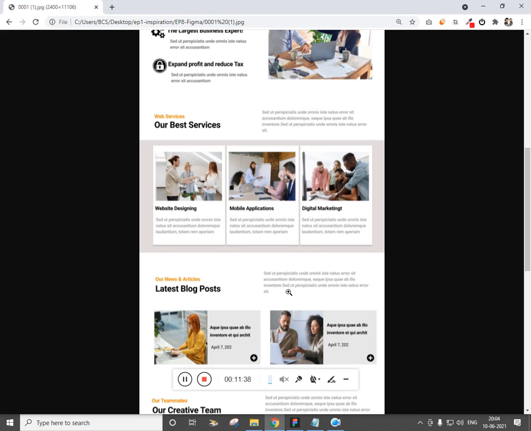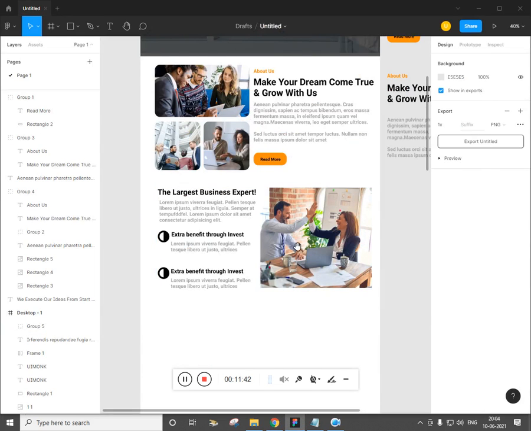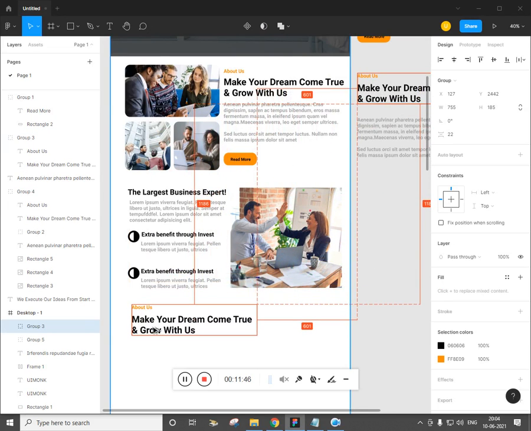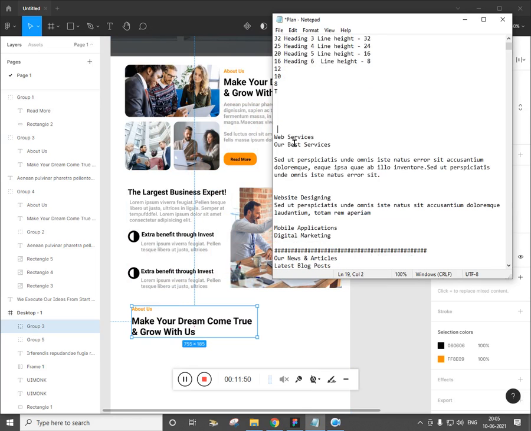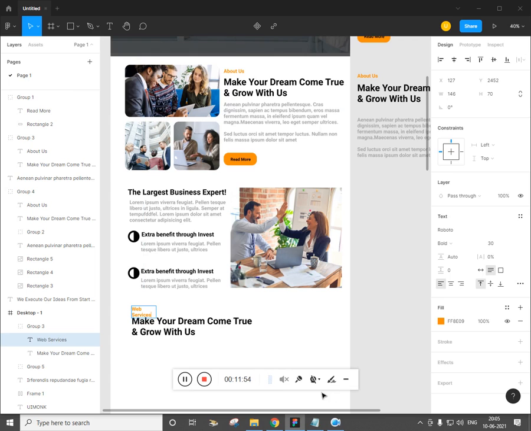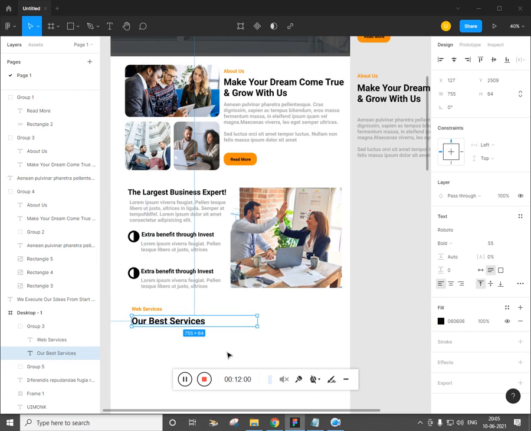Let's select the other one. Let's create the other one. Let's select this, alt drag, and the text is going to be, we don't need this, we're completed. Web service, make it bigger, and then this one.